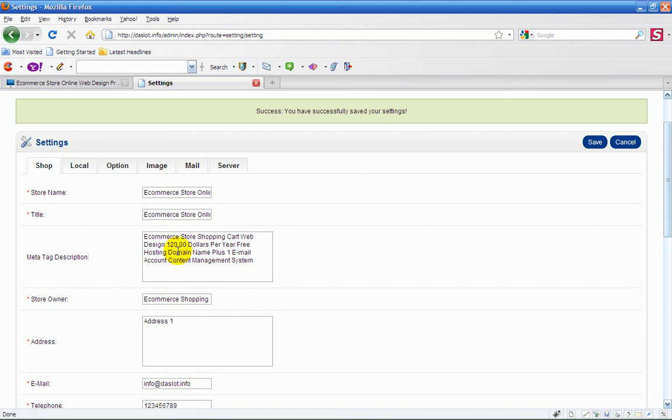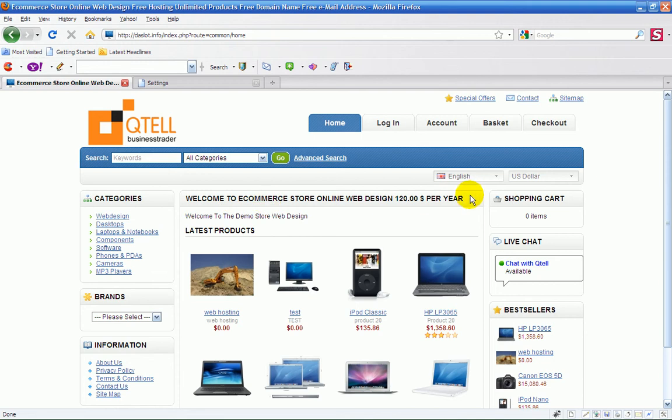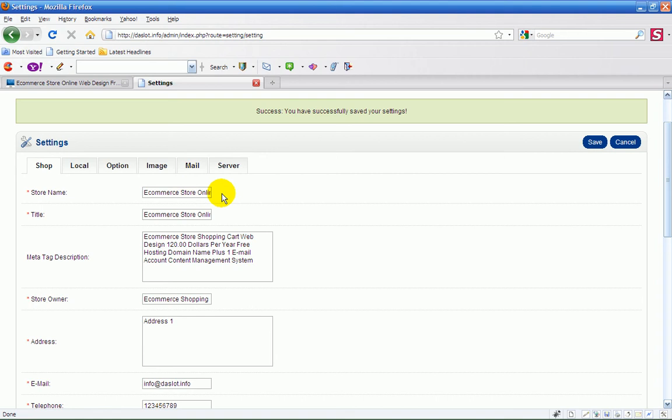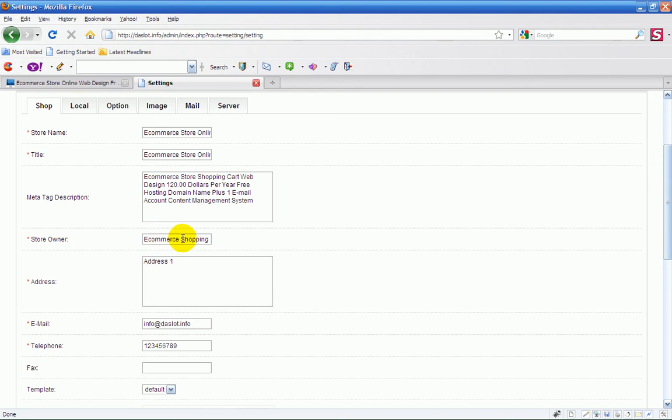And that's very important. Again, 25 keywords. You can't go too many over here, because what will happen is you'll actually go beyond the actual script itself. So keep that one fairly straightforward. Your title 25, and then you've got your e-commerce shopping. That's your store owner. You could put in your own business name in there, your address in there,